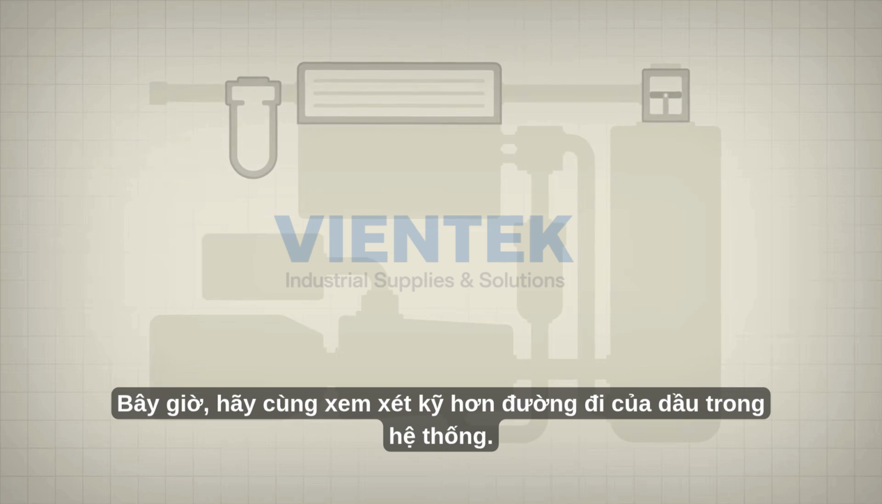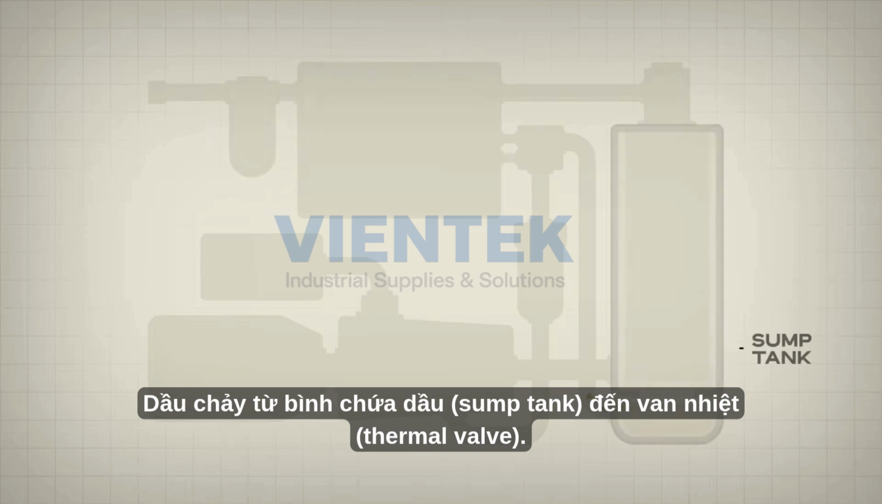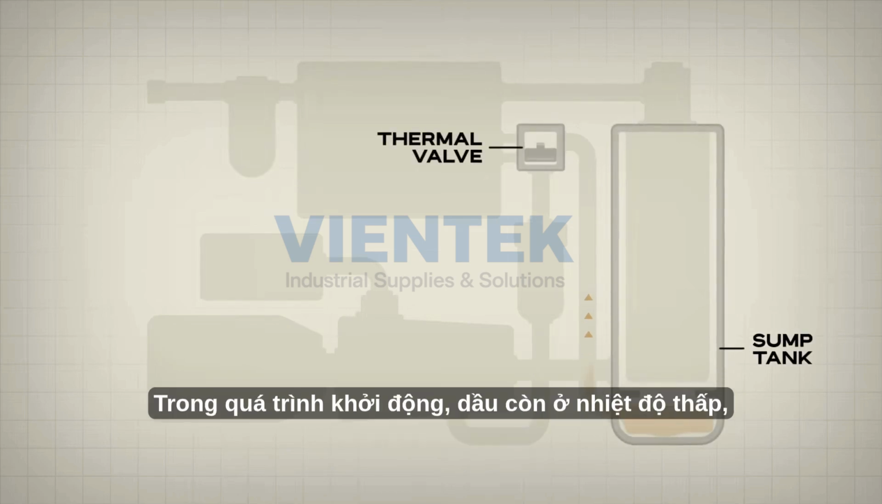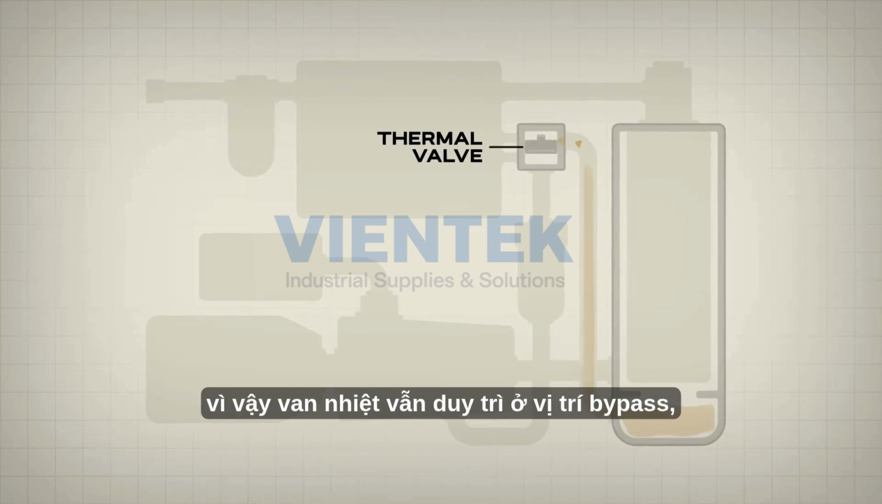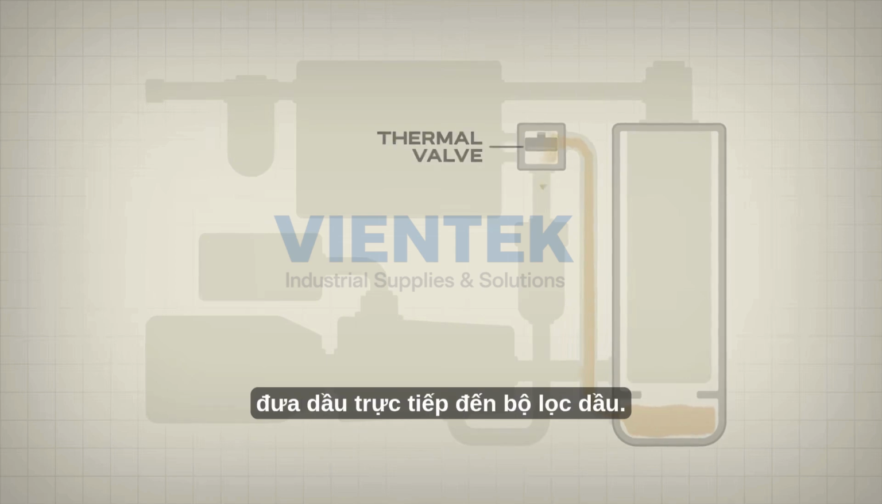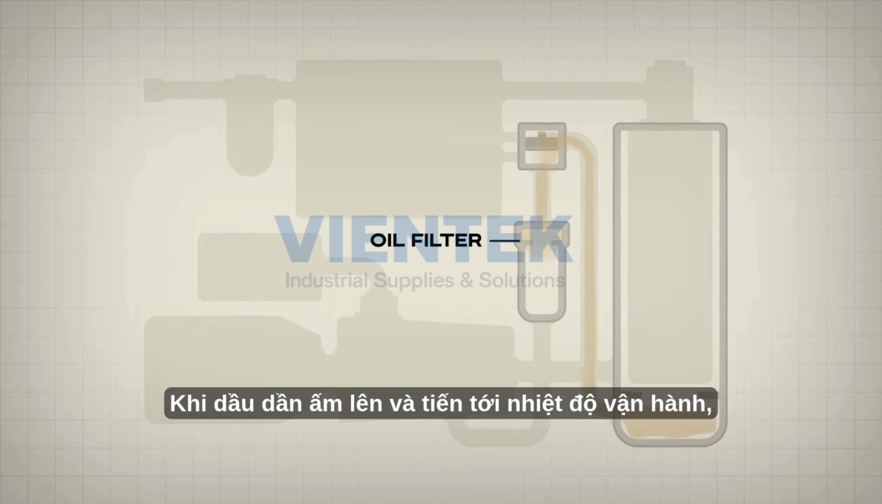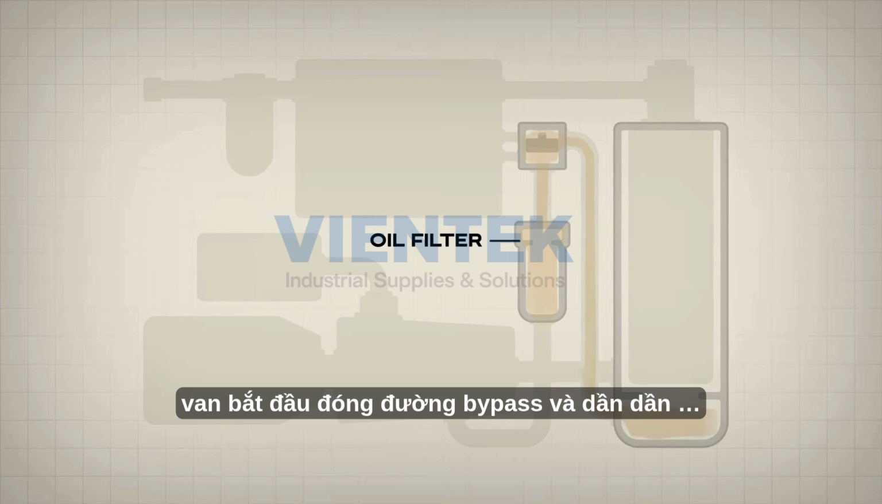Now, let's take a closer look at the path the oil follows. Oil flows from the sump tank to the thermal valve. During startup, the oil is cool, so the thermal valve remains in the bypass position, sending oil directly to the oil filter. As the oil warms toward operating temperature, the valve begins to close the bypass and gradually opens the